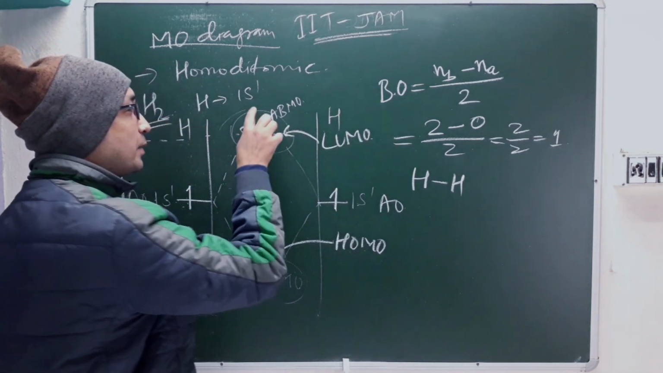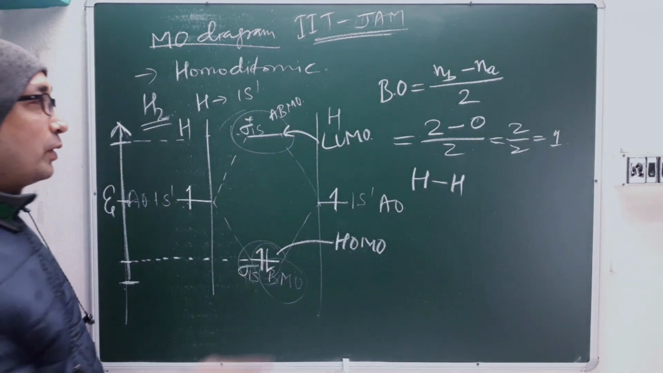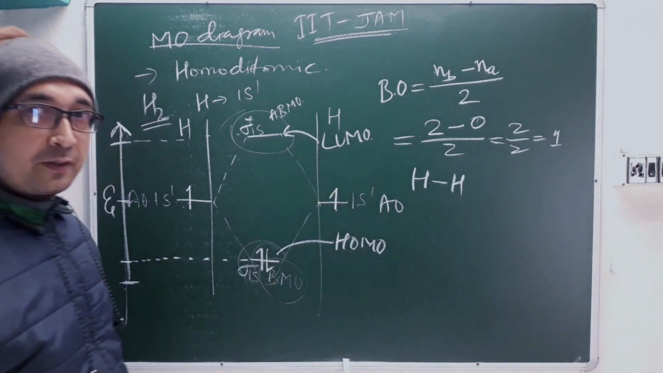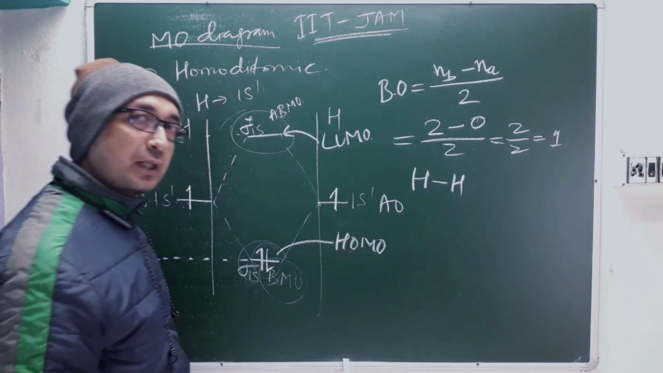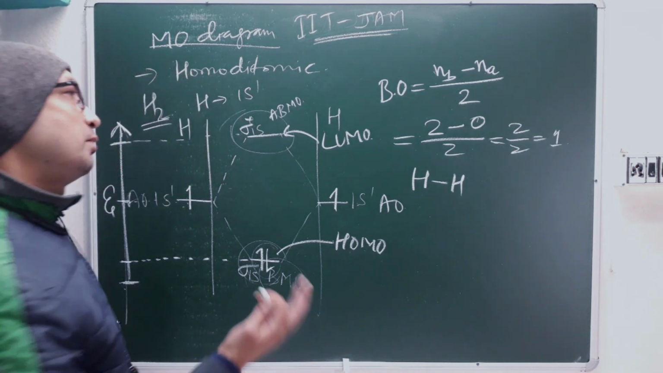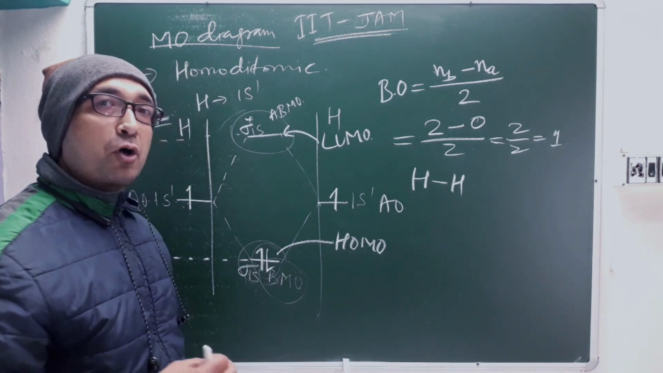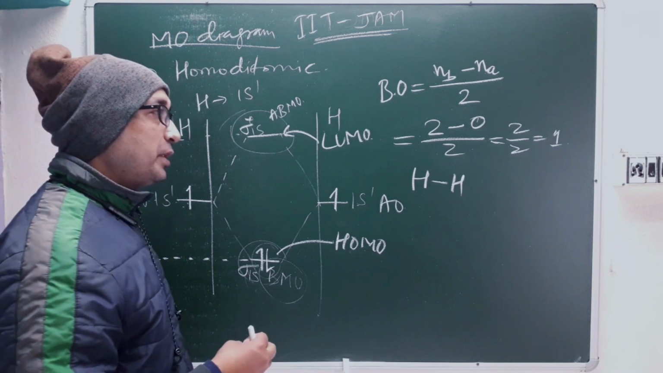LUMO will be sigma star 1s, right? Lowest unoccupied molecular orbital. This is the LUMO. So likewise, many things we will come to know with this MO diagram, right? Whatever molecule they ask, they will ask the bond order, they will ask the stability,